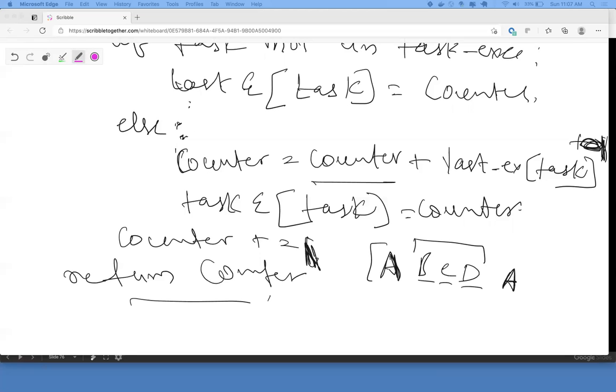Why will you add counter for A? Oh, I need to check the current cooldown. You're right. Yeah, that's what I was wondering. That if condition is supposed to come in the else here. Am I right?